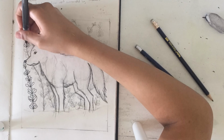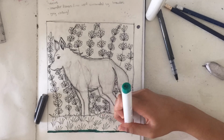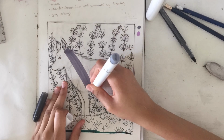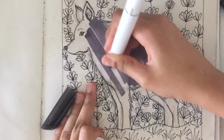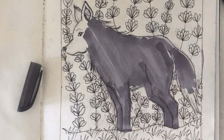But this wasn't actually boring, the lavender flowers, and outlining their petals and stuff. It was actually very therapeutic and relaxing. I moved on to the most interesting part of the process, which is coloring with the colors I was given. I started off with coloring this with a light color for the base coat and building up upon that